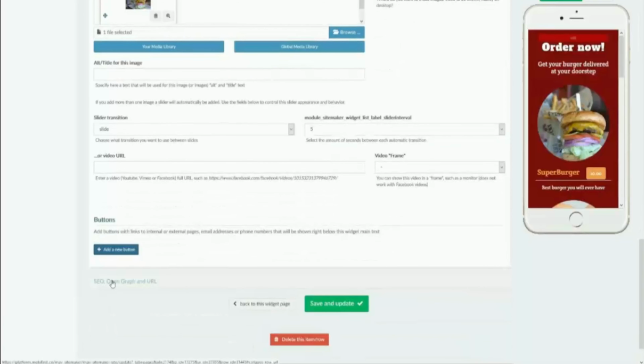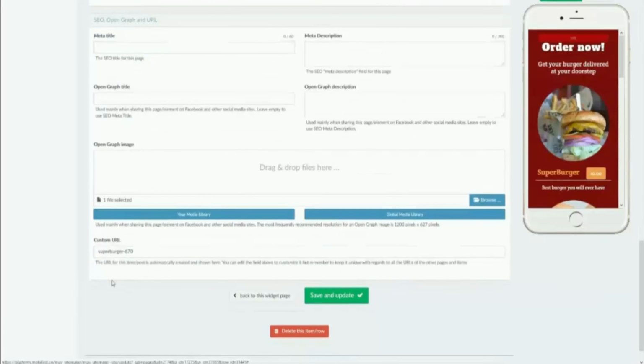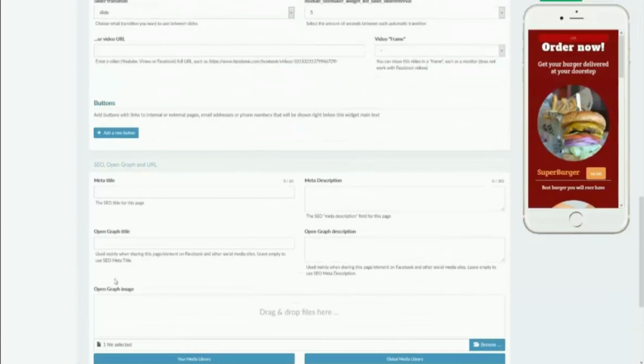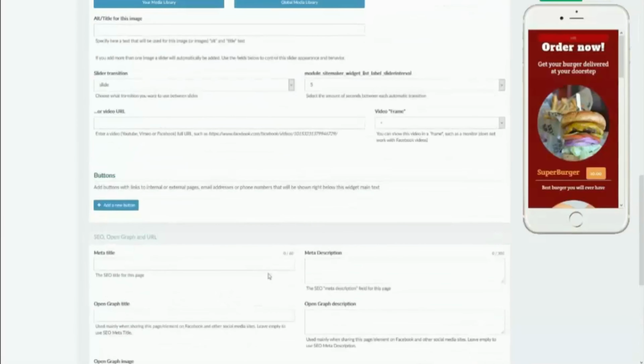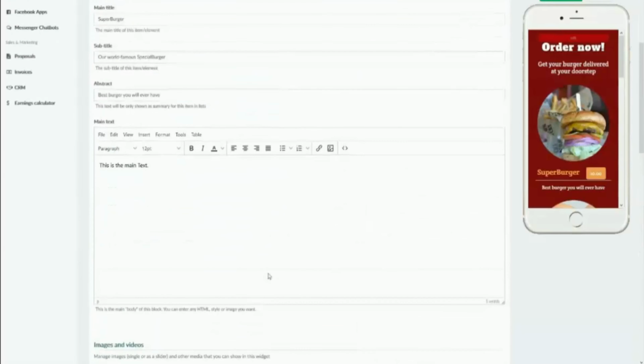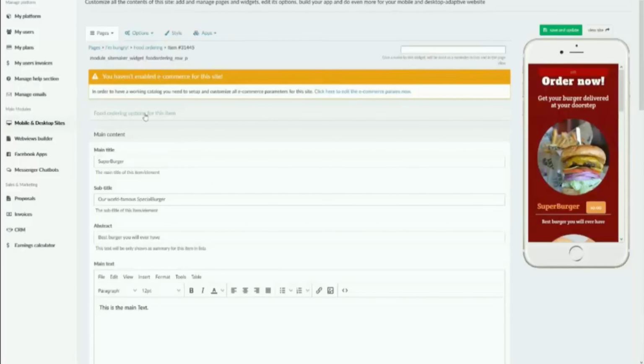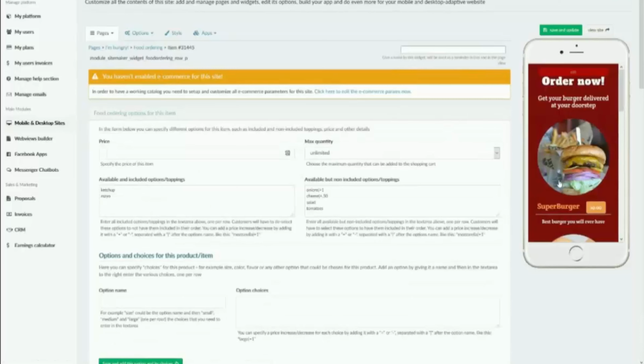Now this SEO, Open Graph, and URL, this is for search engine optimization, which is also gone over in a separate tutorial. And this is for Facebook and social media sites as well. Once you have all of your items set, all of your toppings, and all of your pictures uploaded, and made sure everything's saved,